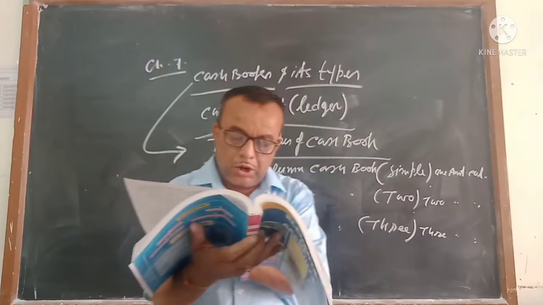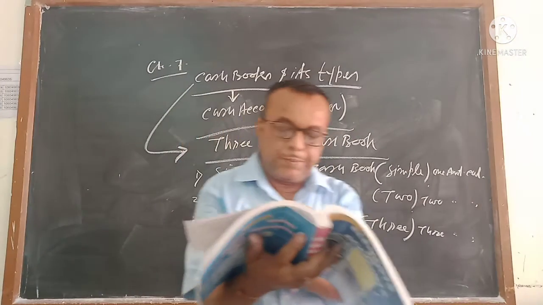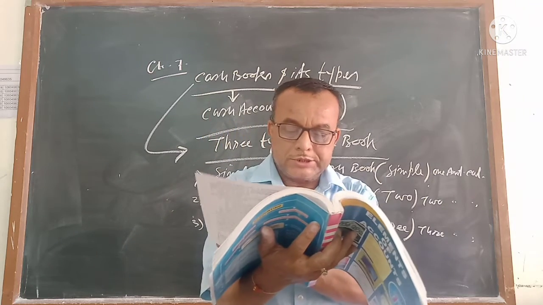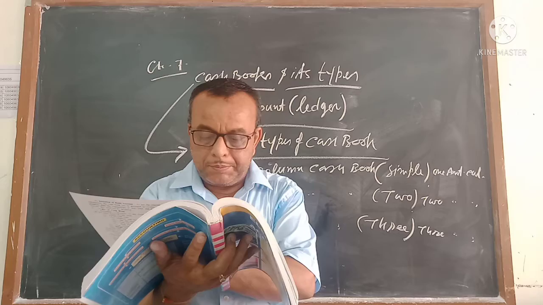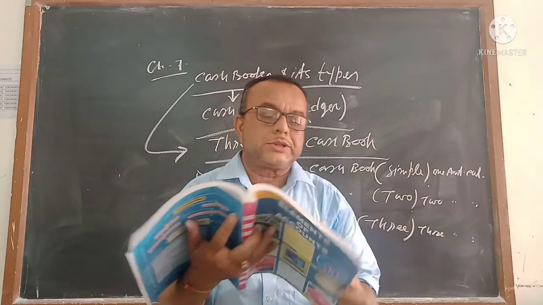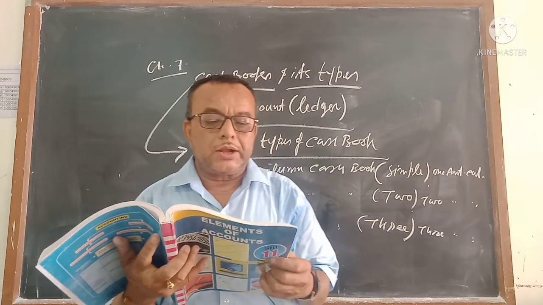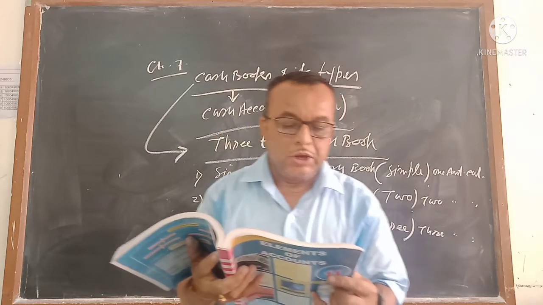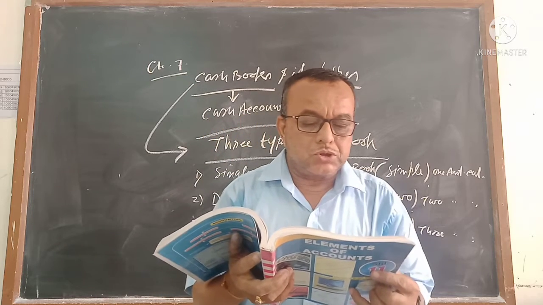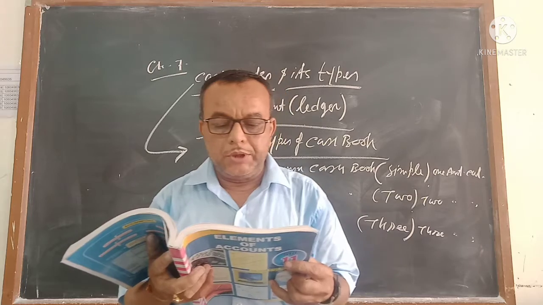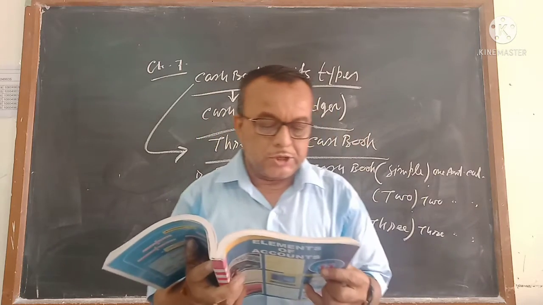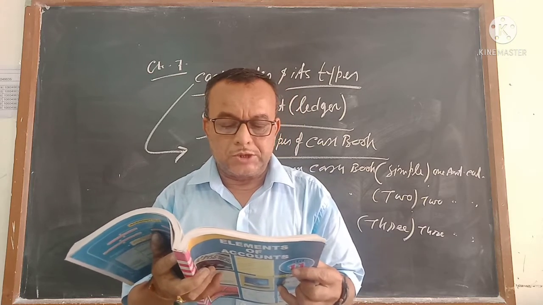Now, take your book, open page number 157: meaning of the cash book, utility and importance of the cash book. It saves time and labor, gives the benefit of division of labor, the cash balance can be known, cash existence you can understand, and at last you can get the balance. Types of the cash book: first the simple cash book, second the two column cash book. It can be of three types, that I will explain when I come to the two column cash book, and the last one is the three column cash book.